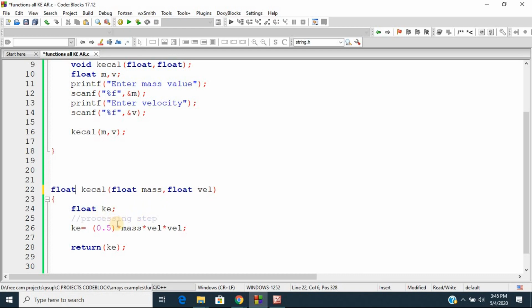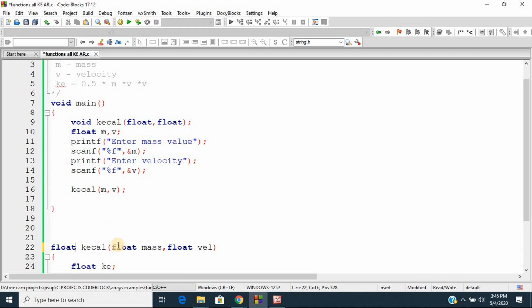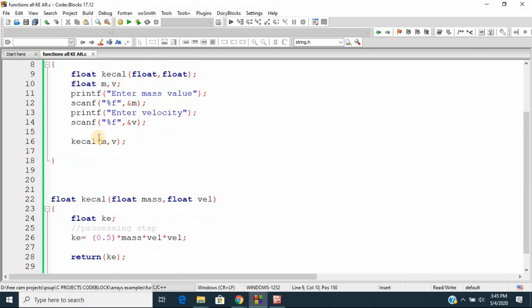Our function definition is over. Now we need to make the changes in the function declaration also. Here we need to change the return type to float. Now when you call this function, it will calculate the ke value and then return it back to the